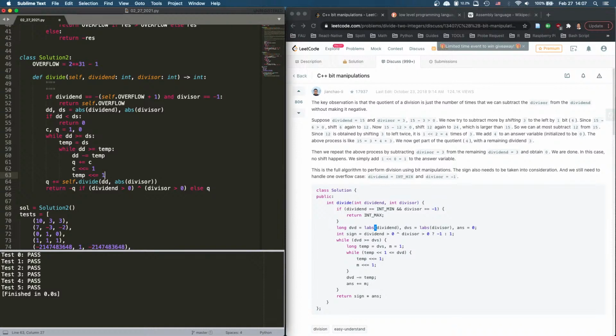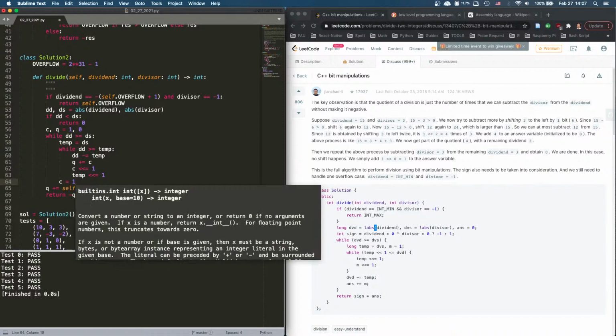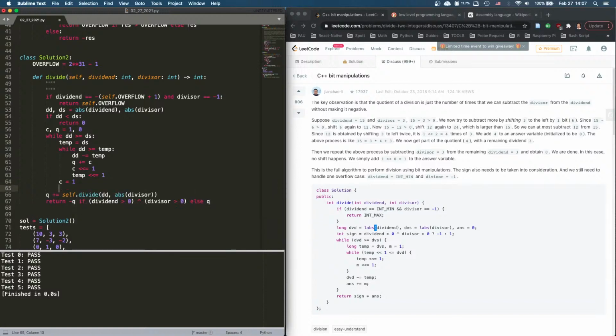And then when it exits, right? When it exits, we have the Q, and we have the C, and we have the temp. And we're going to check, right? We're going to check whether, no, we don't have to check. We just get C back to 1 and get